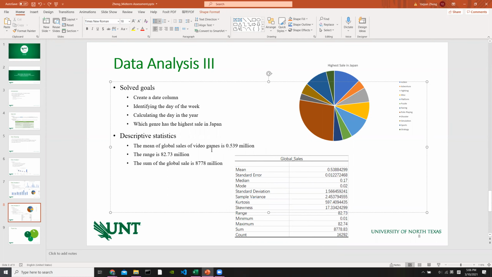So the mean of the global sale of video game is about $0.539 million, and the range here is $82.73 million, and the sum of the global sales is about 8,778 million, and this is the whole